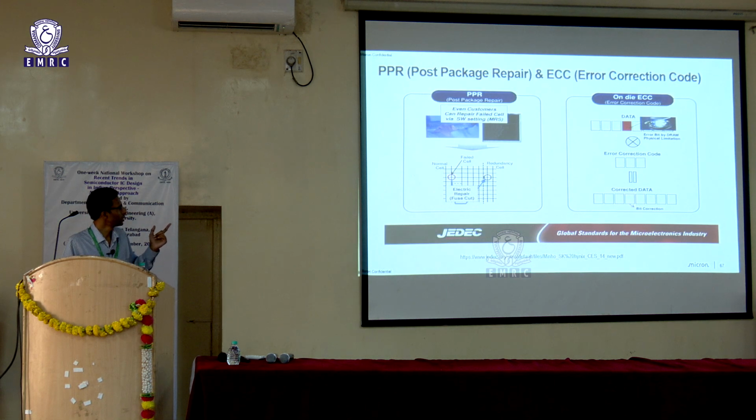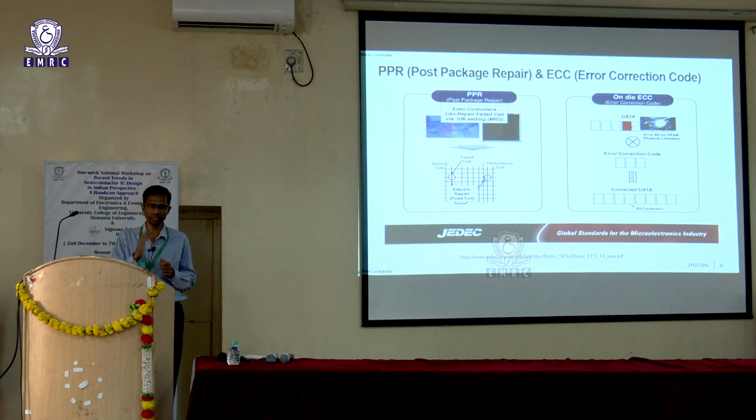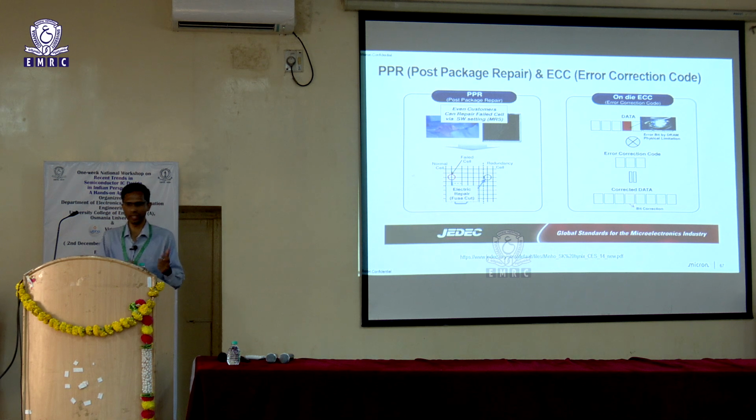We talked about error correction code. So, you need this in the field. If a 1 bit error happens in the field, there has to be a mechanism to correct it. Otherwise, our mobile phones do not work anymore if there are on and off errors. So, ECC comes in handy there, and we also have something called post package repair. So, there is a mechanism wherein even after packaging, if you feel that there is a particular row that is failing and you need to repair it, there is a mechanism to have that done as well.